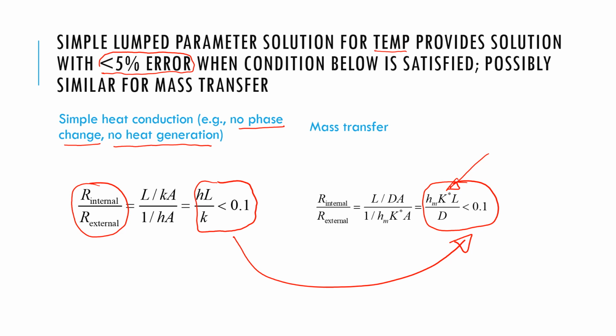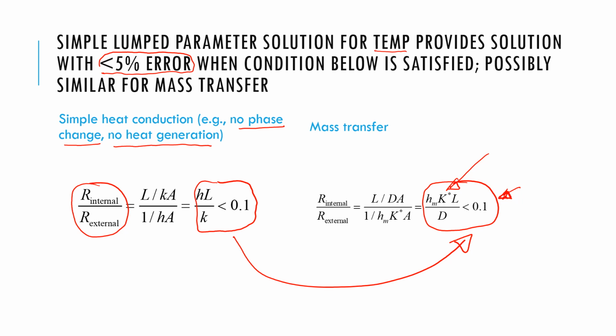So the K star has to do with the relationship between moisture in two different phases of solid and air, explained in detail earlier. We cannot say that when this is satisfied, the solution that we derived also has 5% error, because that solution is not 100% analogous to the heat transfer. But still, this condition should give us guidance on whether we can get away with using lumped parameter for mass